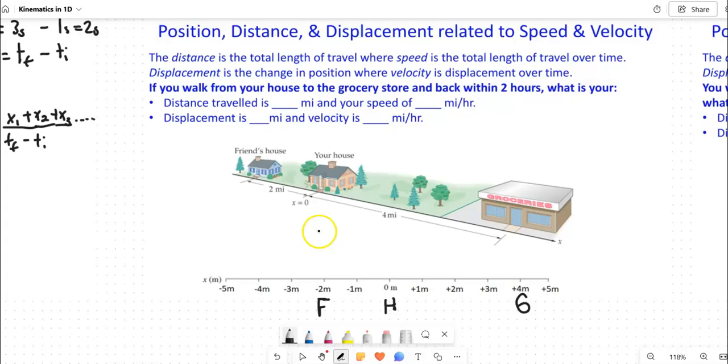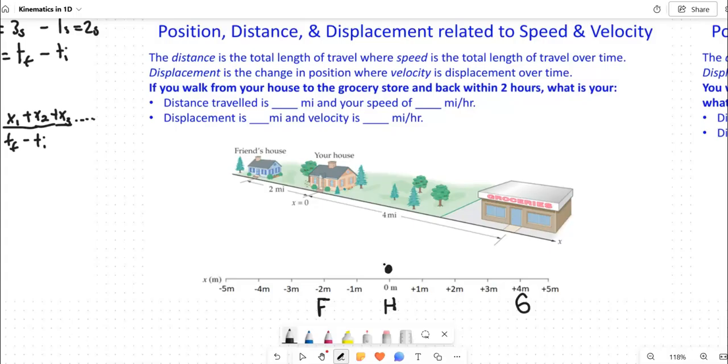Okay. Now, the problem says this: if you walk from your house to the grocery store and back within 2 hours, what is your distance traveled in miles and your speed in miles per hour? So distance traveled is related to speed. It's also asking for what is your displacement and velocity in miles per hour. Okay, so from here,